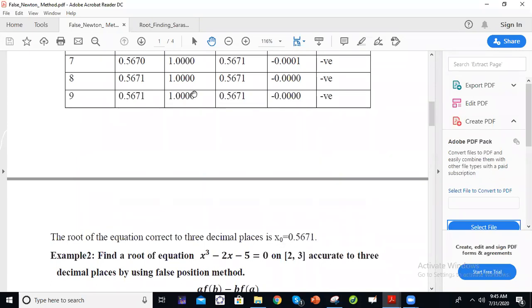Okay, you can stop up to x7 or you can stop up to x8. x8 minus x7 equals to 0, strictly less or equals to our pre-specified error. Correct to 3 decimal places means the absolute difference of the last and second last approximate solution must be less or equals to 0.0005. Then you accept our last approximate solution as our required root. Okay, 0.5671. If you want to write correct to 3 decimal places, you can write your answer up to 3 decimal places,